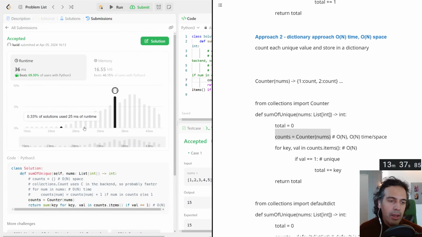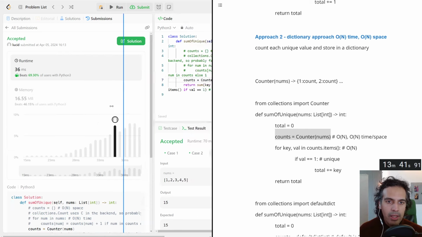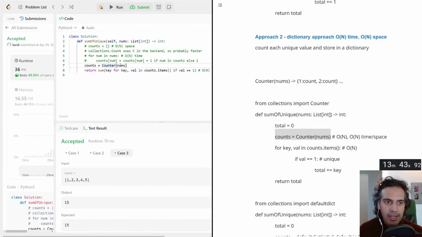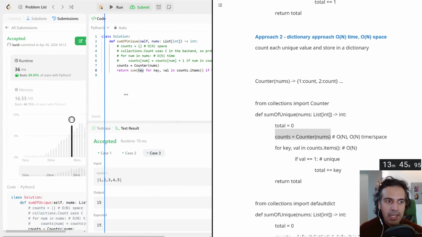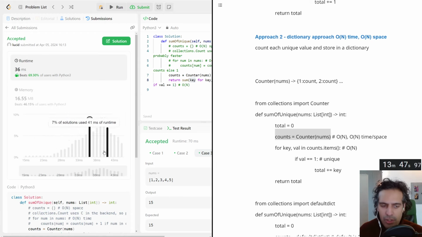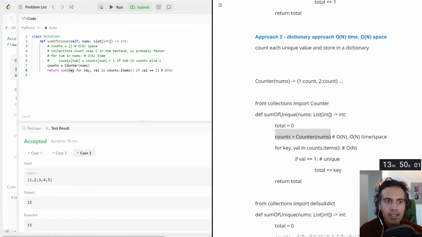So, okay, I take it back. The bell curve has maybe a little bit of an impact based on whether it's using an existing C backend type approach for even something as simple as this. But don't worry about this too much, because technically these are equivalent in Big O. This is more of an implementation type optimization than algorithmic, which is usually not the intent for entry-level interviews, if that's why you're looking at this